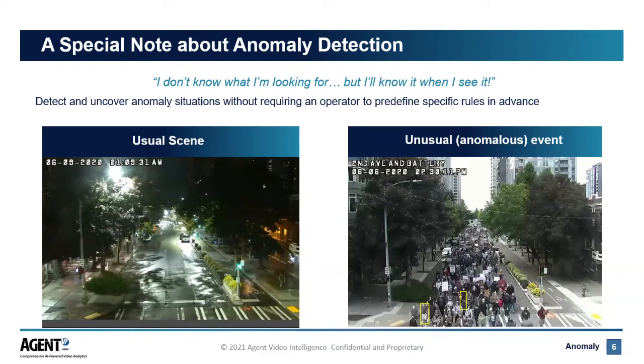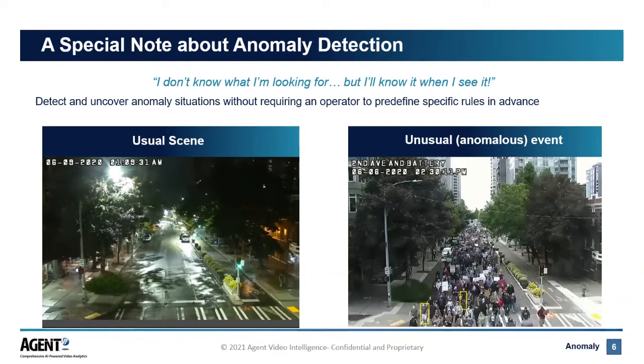We also have a feature called Anomaly Detection. I just wanted to say in the industry, this has been a concept that's been discussed a lot, but I think a lot of times it's discussed incorrectly. Anomaly detection is not using AI the same way classifying a bicycle, a motorcycle, a bus would be. What anomaly detection does is it looks at a scene and it actually learns what is the normal pattern in that scene. And then if it sees something that's different, it will generate an alarm. So it's really more of a scene statistics tool.